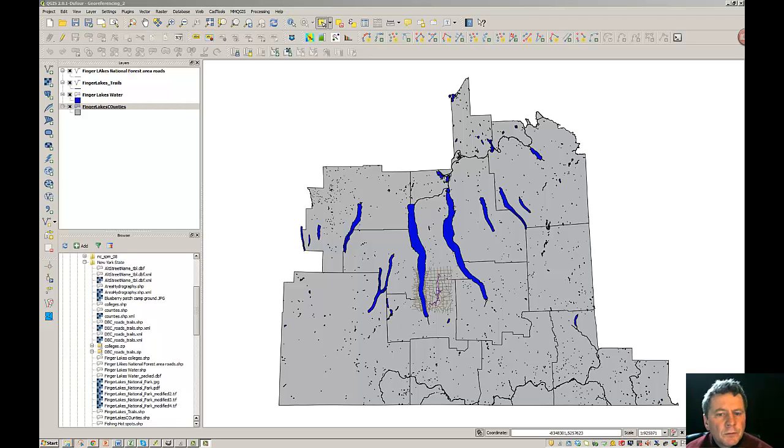Alright, I'd like to begin a project for georeferencing. We're going to start with our Finger Lakes area here, and what we've done is acquired some Finger Lakes trails from the USGS. I had to send away for those, so that's a file that you'll need to get your